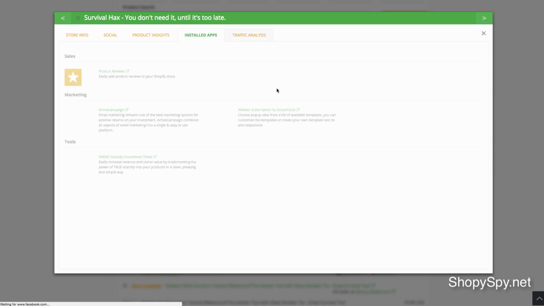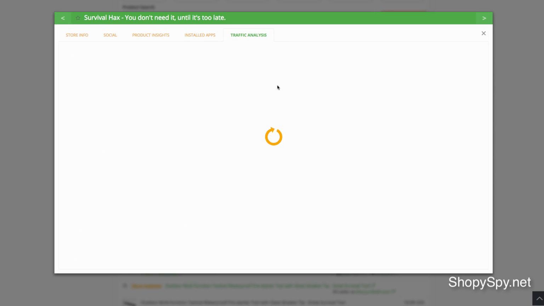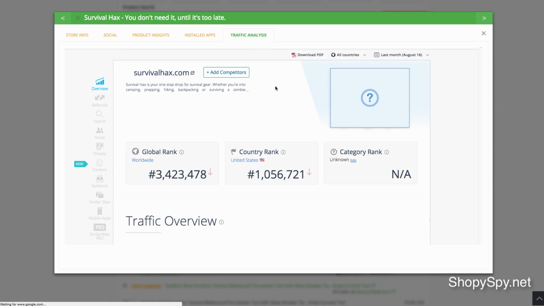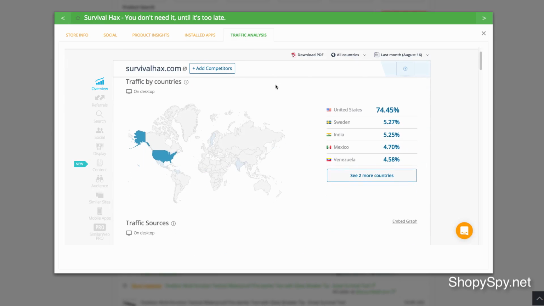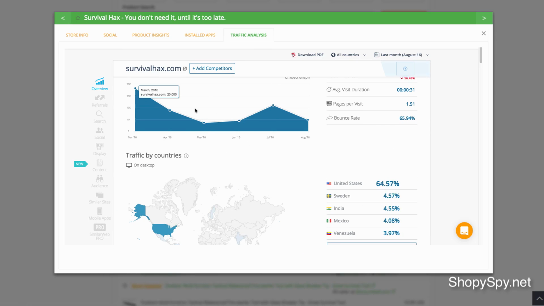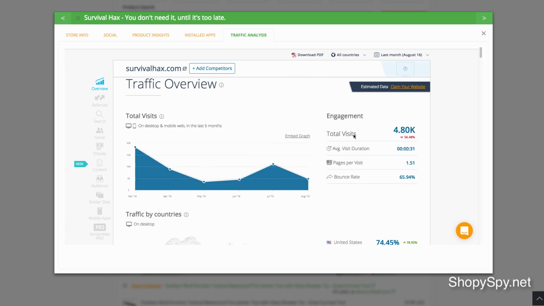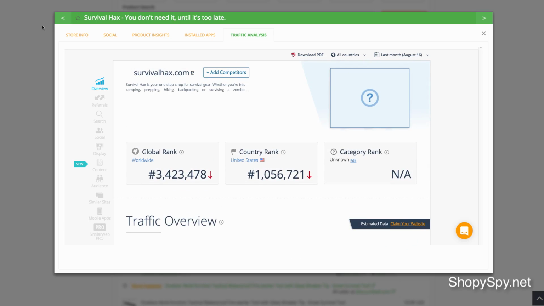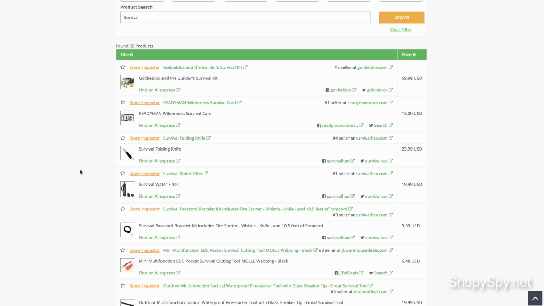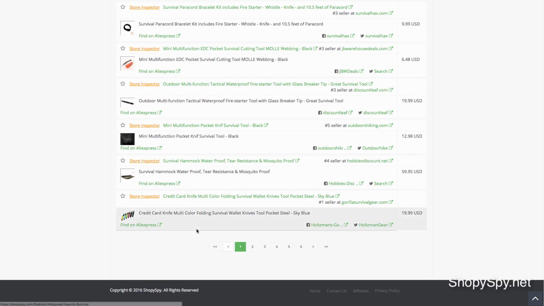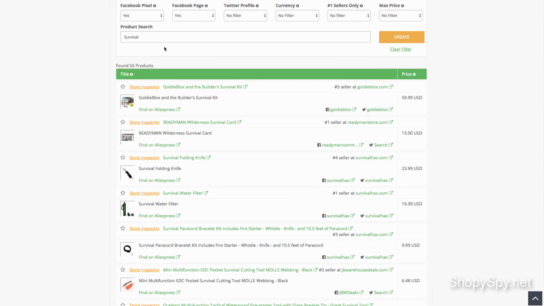See what kind of traffic they get. They're not getting much traffic, but well, they've had 10,000 in July. They've gone down a little bit, but I'd say they do get sales. It's a very nice store, very good product and stuff like that. And then you can go through, and there are 55 products. And if I change this back to no filter,